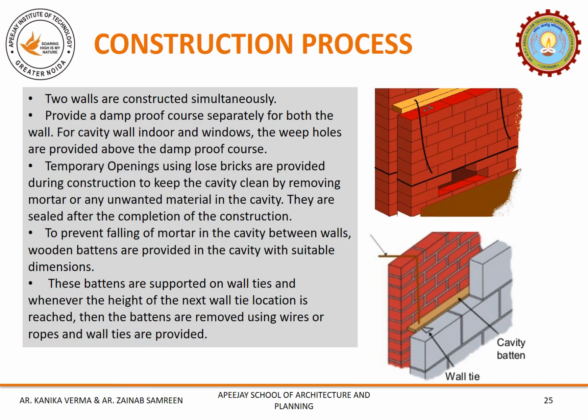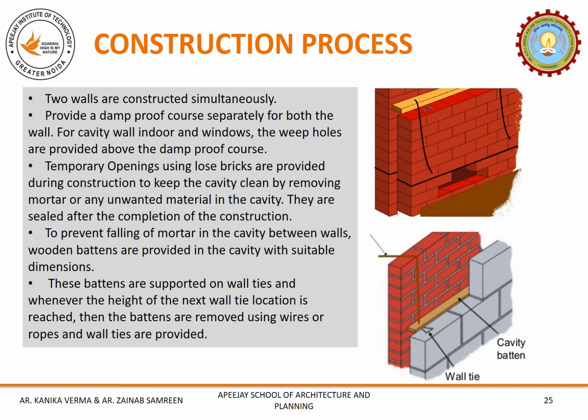Before moving towards the construction technique, let's learn some good and essential practices or considerations during construction processes on site. So the first point is the two walls should be constructed simultaneously. It means that they should eventually grow together in height. The second point says that the DPC should be kept separately, and it should be thoroughly given across the courses, and both walls have separate DPC layers at the same level in order to block the water at a similar finish level.